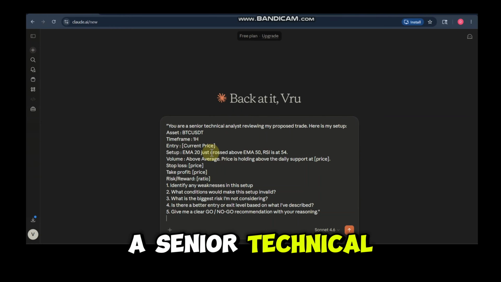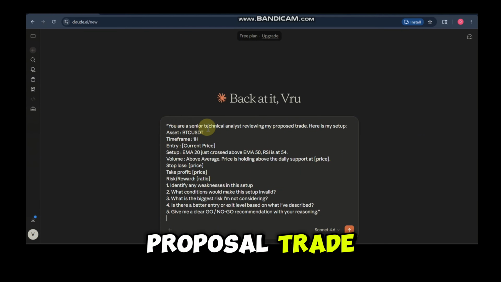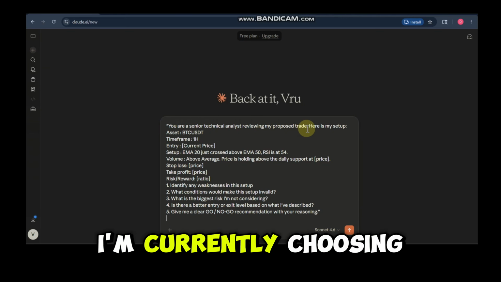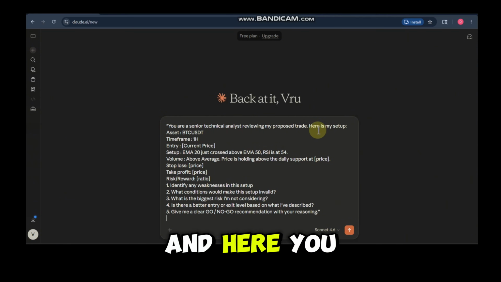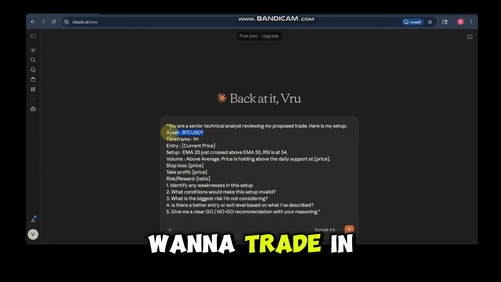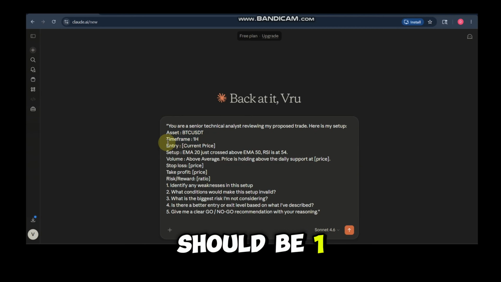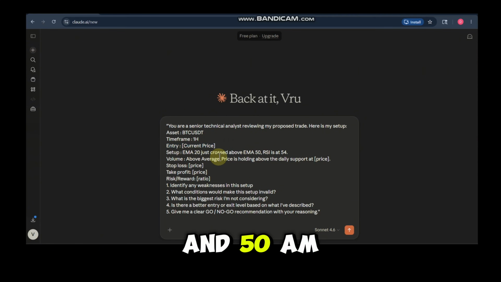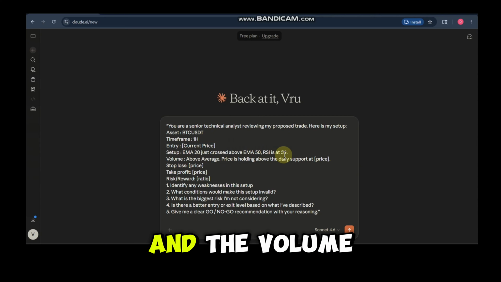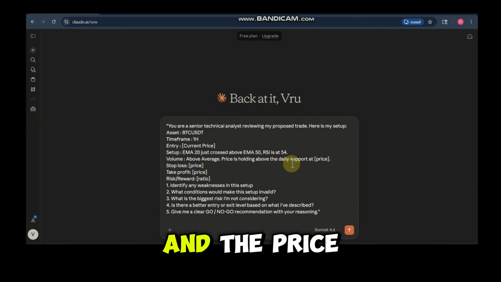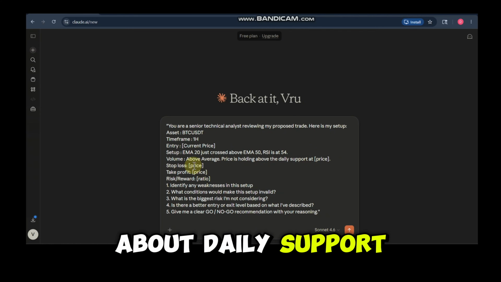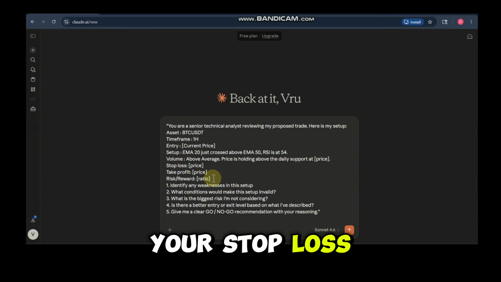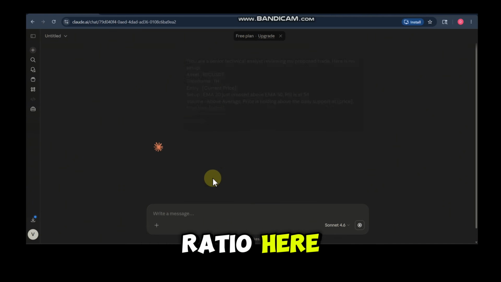You are a senior technical analyst reviewing my proposed trade. Here is my setup. The asset I am currently choosing is Bitcoin, and here you can put any asset name you want to trade in. The time frame should be 1 hour and the entry should be at the current price. Just put this exact prompt, where our setup will be 20 EMA and 50 EMA. The RSI should be at 54 and the volume should be above average, and the price should be holding above the daily support level. You can put your stop loss, take profit and risk-reward ratio here, and then ask